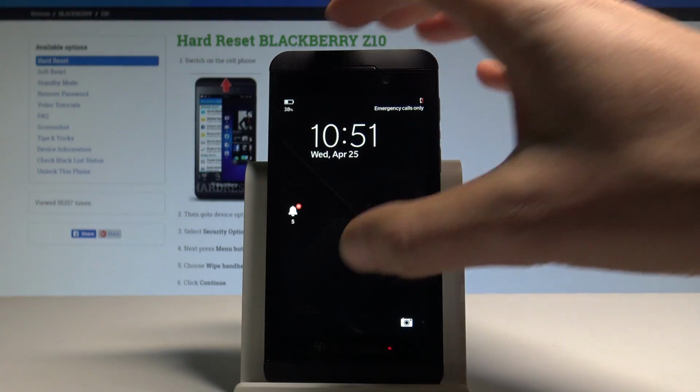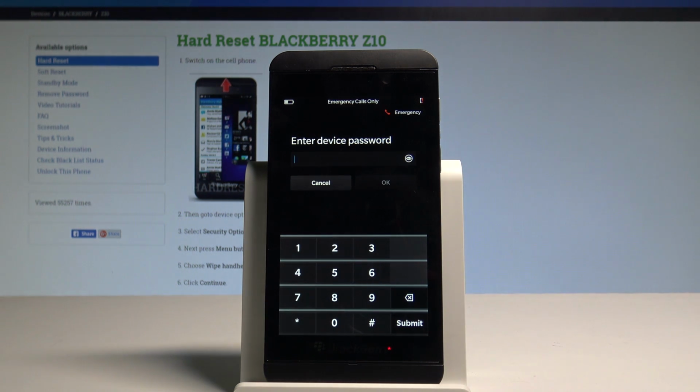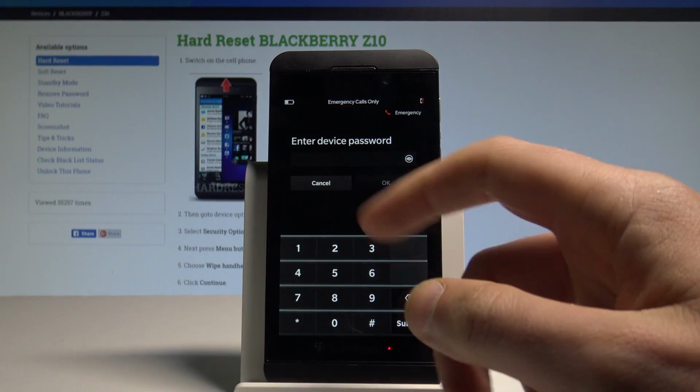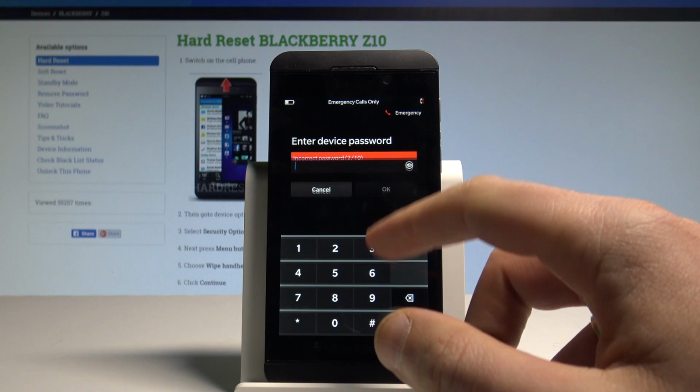I have a BLACKBERRY Z10 with activated password protection, and let me show you how to accomplish the hard reset operation on that device and how to bypass and remove password or other screen lock method on the following smartphone. So at the very beginning, let's open the enter device password screen, and here you have to start inputting the